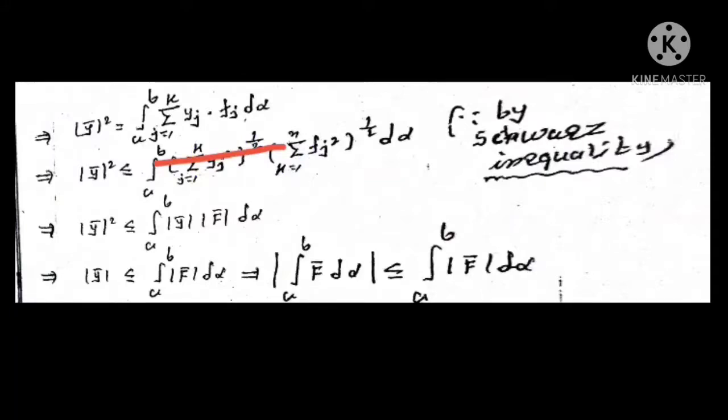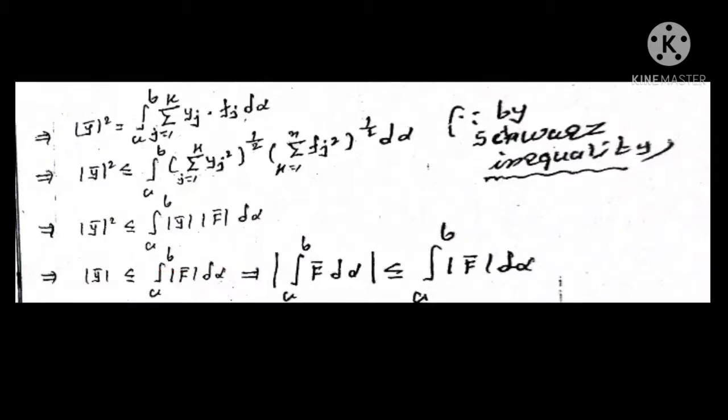Therefore, modulus of y bar square is less than or equal to integration a to b of sigma j equal to 1 to k yj square raised to 1/2 into sigma j equal to 1 to k fj square raised to 1/2 d alpha, implies modulus of y bar square is less than or equal to integration a to b of modulus of y bar into modulus of f bar d alpha,